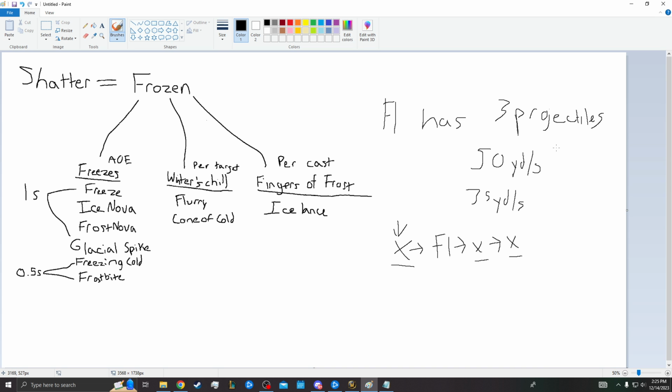We have some other issues with range as well, but that doesn't matter. So yeah, good explanation of Flurry, I hope. Cone of Cold is interesting. So Cone of Cold,